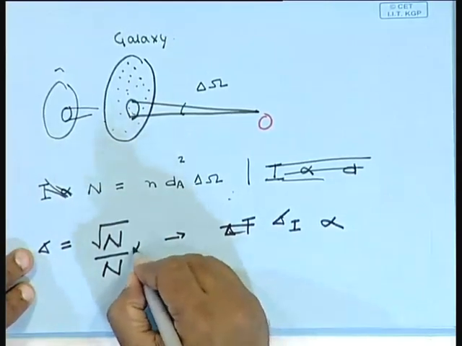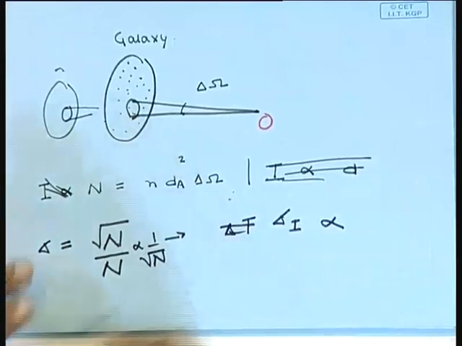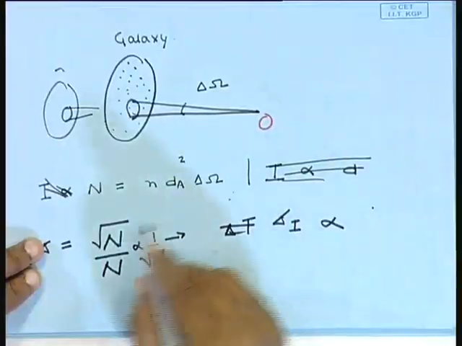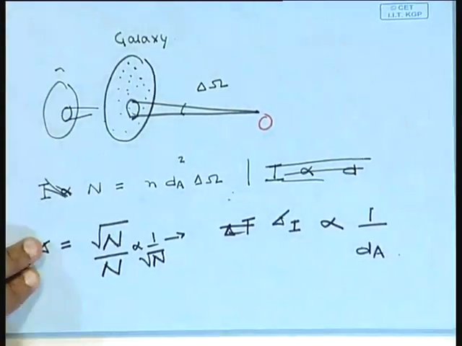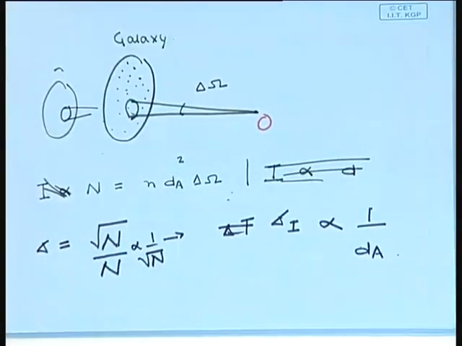So this is proportional to 1 by square root of n. So by what fraction does the specific intensity vary if I move the beam around to different parts of the galaxy, and this goes as 1 by square root of n, or it goes as 1 by the angular diameter distance. Okay. So you can use this to determine the angular diameter distances to galaxies. But again,